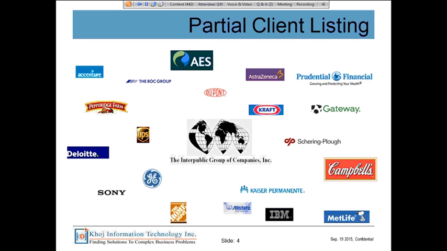This is a listing of our partial client list. As you would see, a lot of dominant players in a lot of different industry segments and industry verticals, which typically is the case you see working with SAP because it's prominent in multiple industry segments. So just to name a few, Accenture, which is a pioneer in the services sector, business consulting sector, the PwC Group, which is world's premier